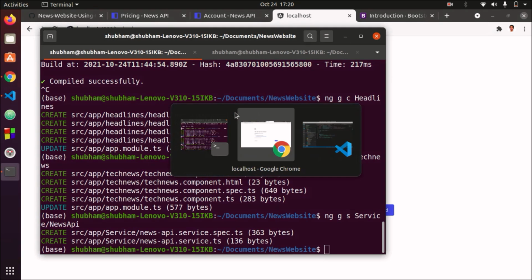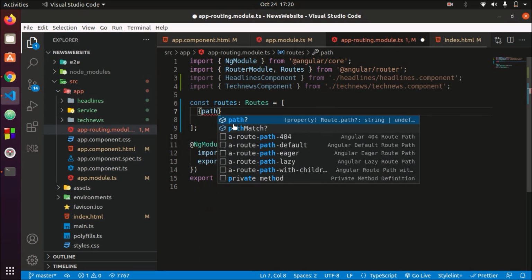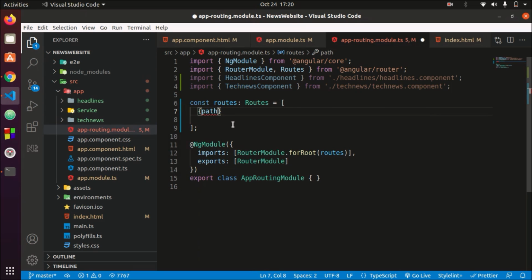So we will write it here, path. Whenever the path is blank, we want to see component, and the component is headlines.